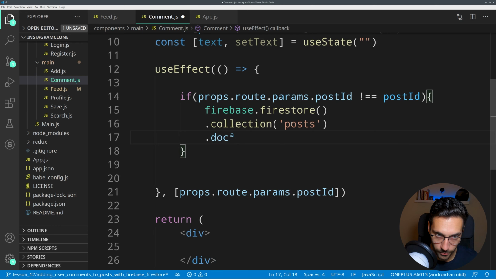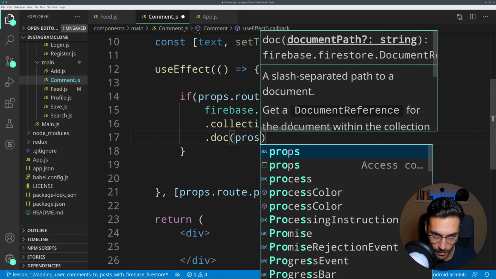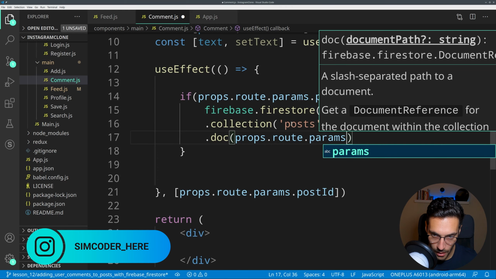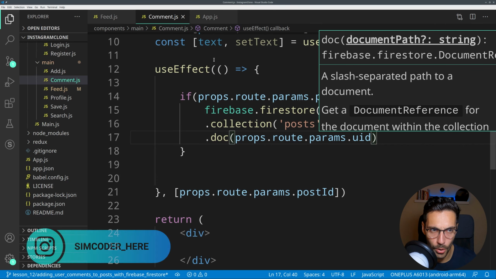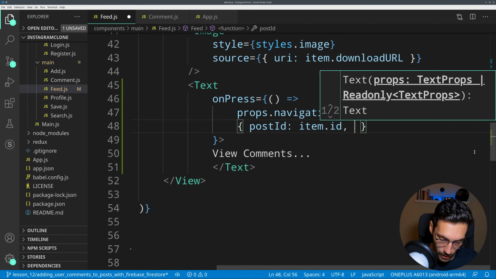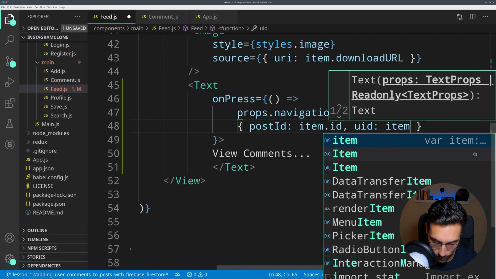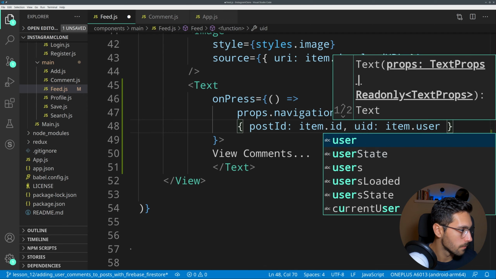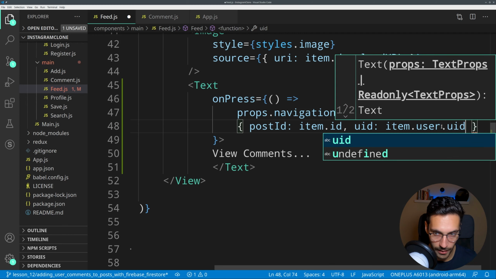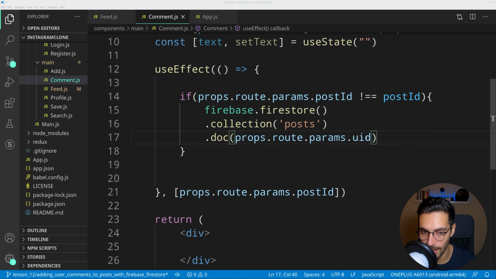So doc props.routes.params, and in here we need the user ID. So I don't believe I added it before. No, I didn't add it. So let's do it now. In here say UID item.user.uid. Okay, now everything is done within feed, and we are able to access all of the data that we